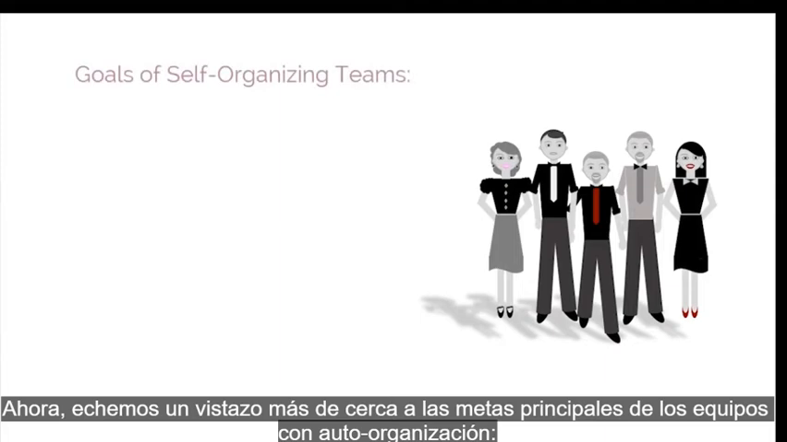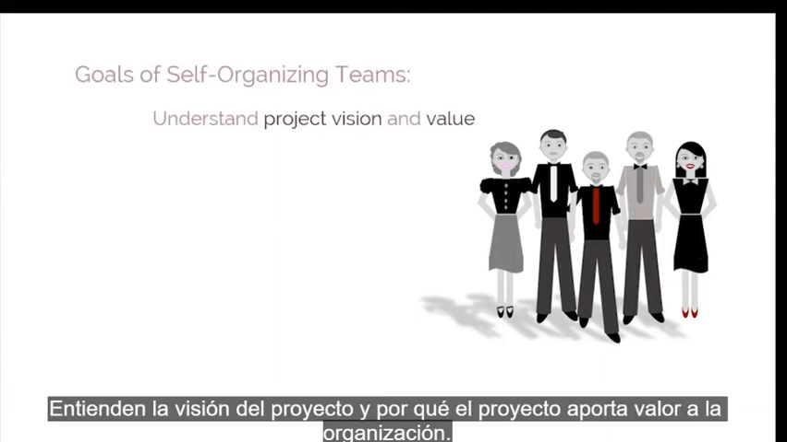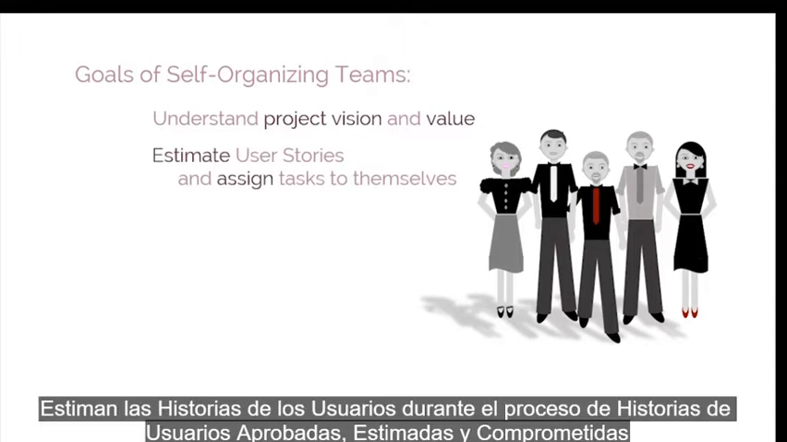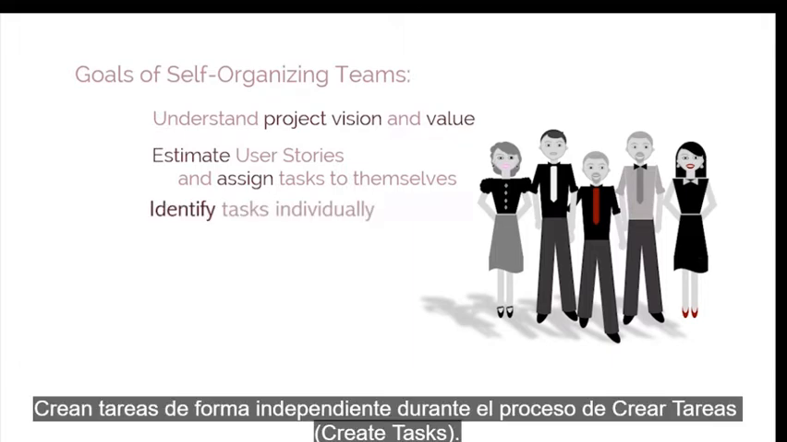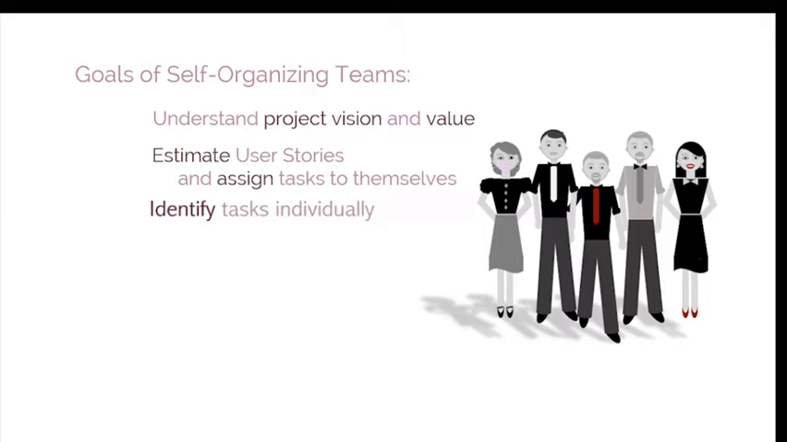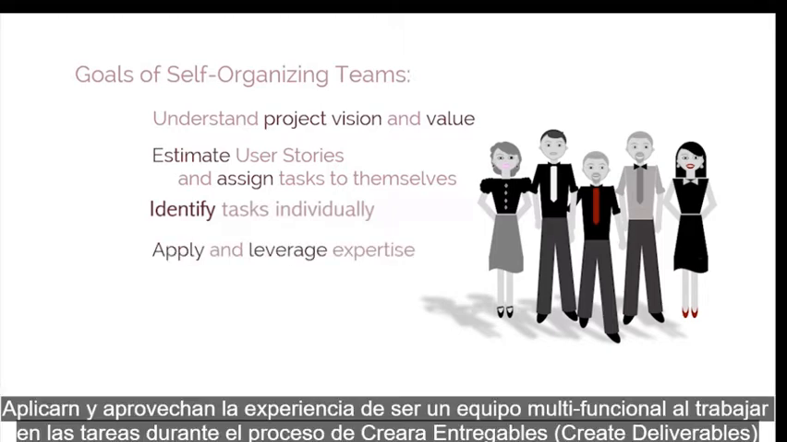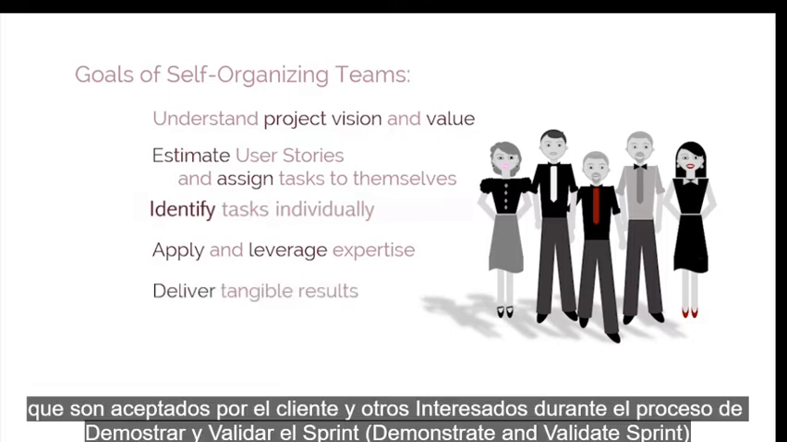Now let's take a closer look at the chief goals of self-organizing teams. They understand the project vision and why the project delivers value to the organization. They estimate user stories during the Estimate User Stories process and assign tasks to themselves during the Create Sprint Backlog process. They identify tasks independently during the Identify Task process. They apply and leverage their expertise from being a cross-functional team to work on the tasks during the Create Deliverable process. They deliver tangible results that are accepted by the customer and other stakeholders during the Demonstrate and Validate Sprint